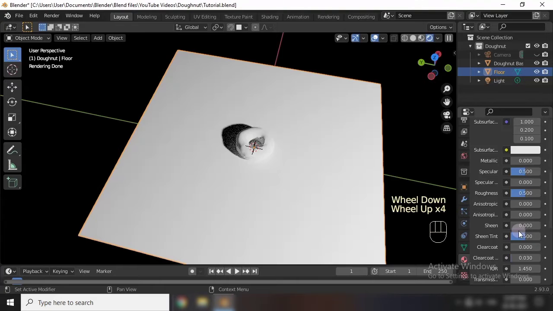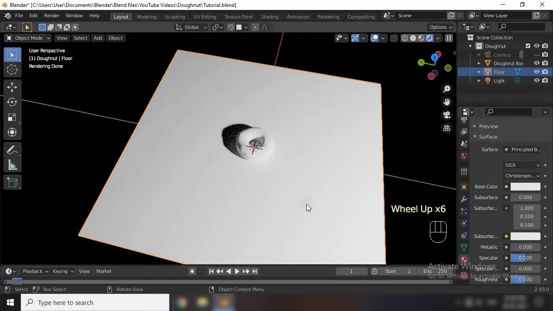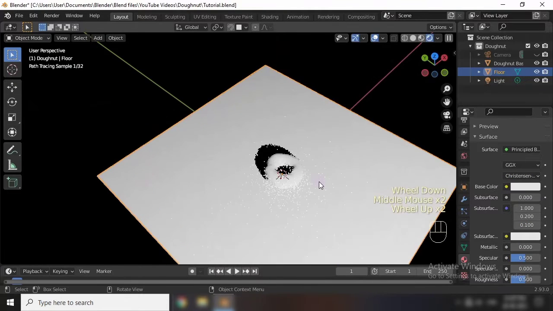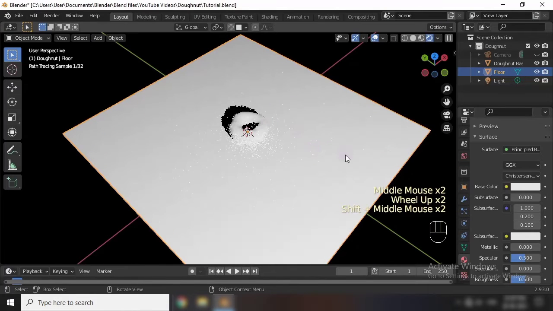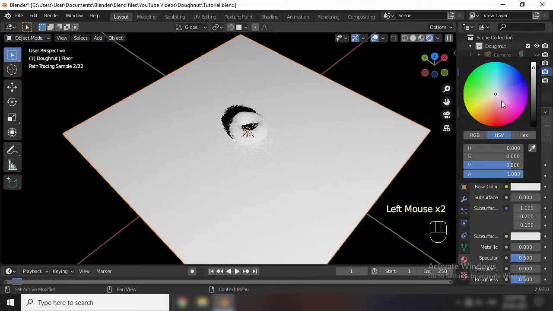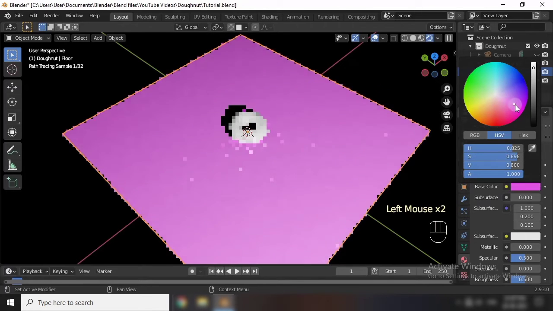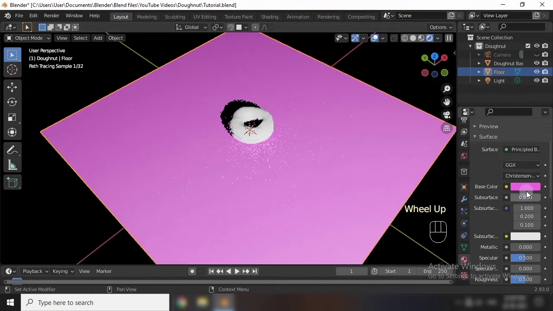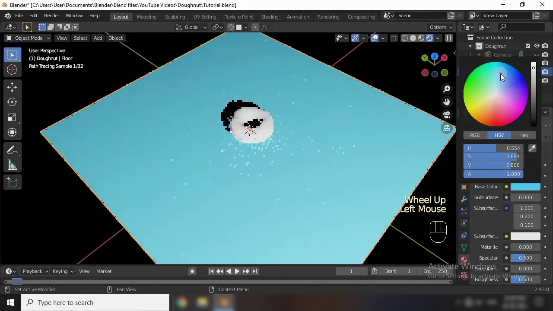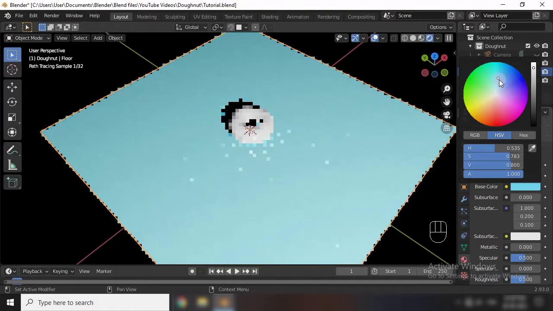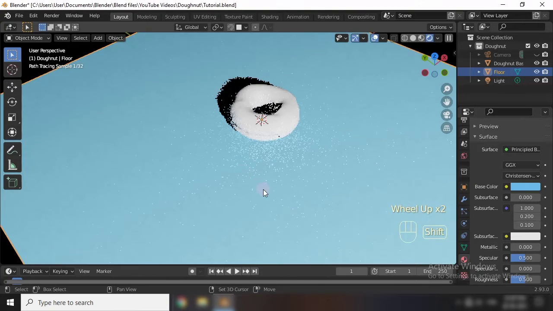Base color is the main thing. So what is the base color here? If you click on this color, it is white now. If you change it to any other color, it will suddenly change, isn't it? I will keep it blue because I love blue, it is a cool symbol of coolness, isn't it? I will keep a light version of the blue, not dark.